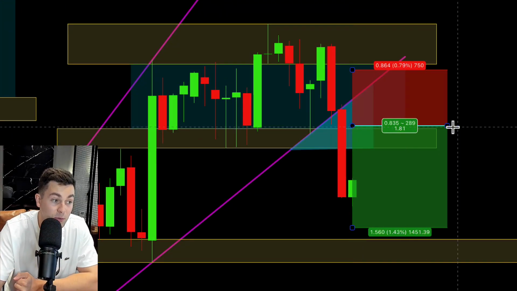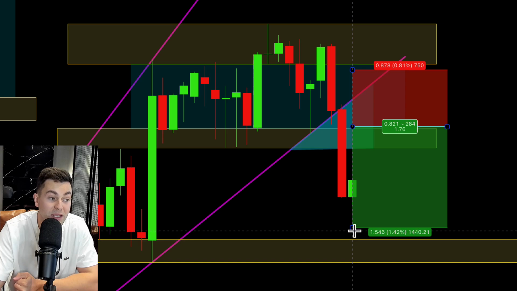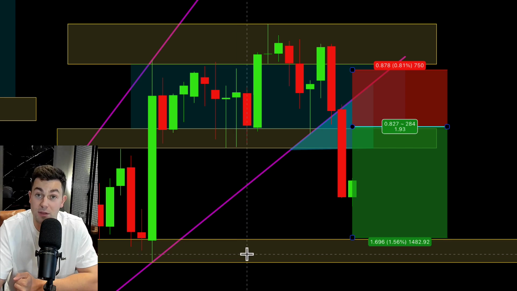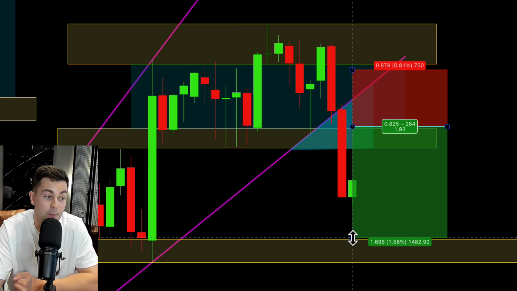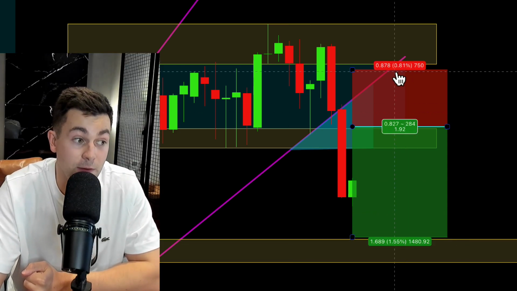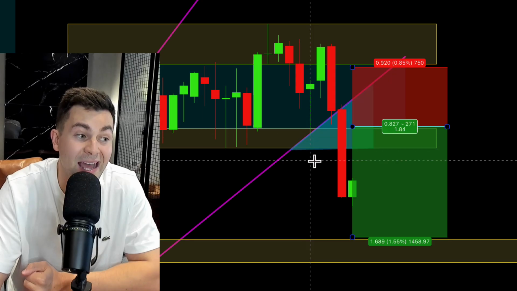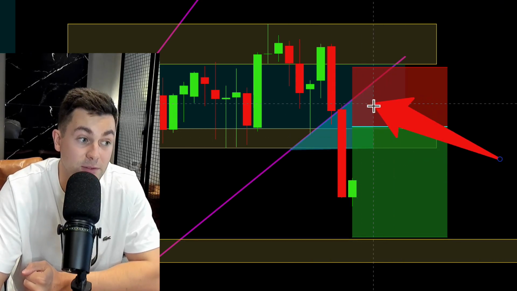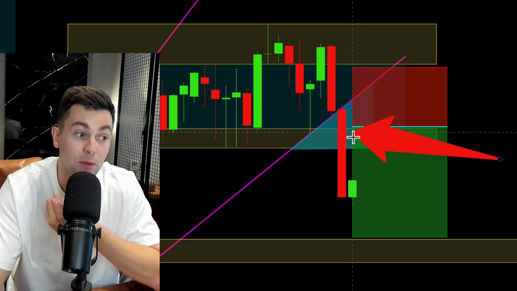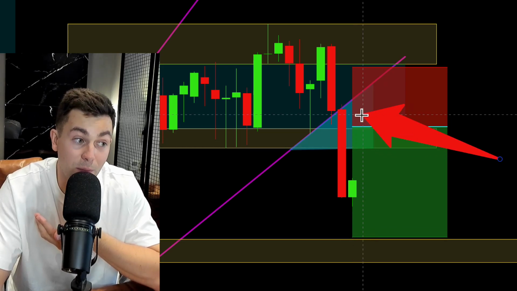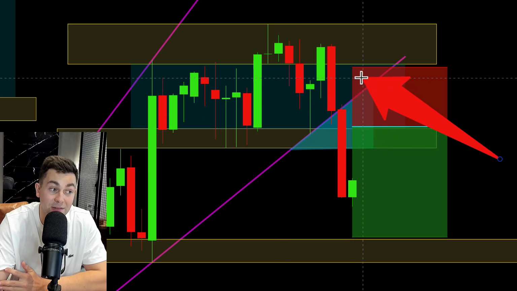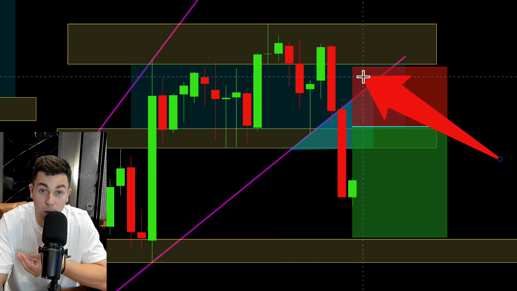From that zone, we are going to sell, and we will expect a bearish movement at least to the upper boundary of this demand zone, and we will place our take profit just a couple of pips above that. Then where should be our safe stop loss? Our safe stop loss will simply lie above that supply zone. That is the zone where sellers will place their orders. We will assume that sellers will start selling from that zone. And if the price goes higher, if the price violates that zone,